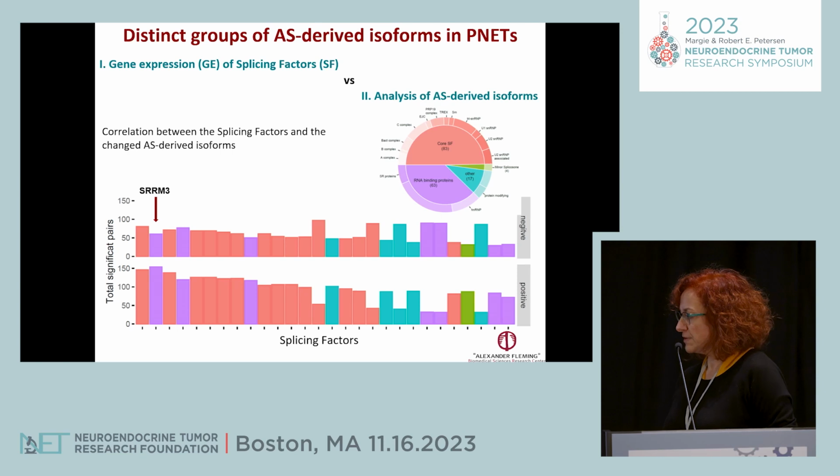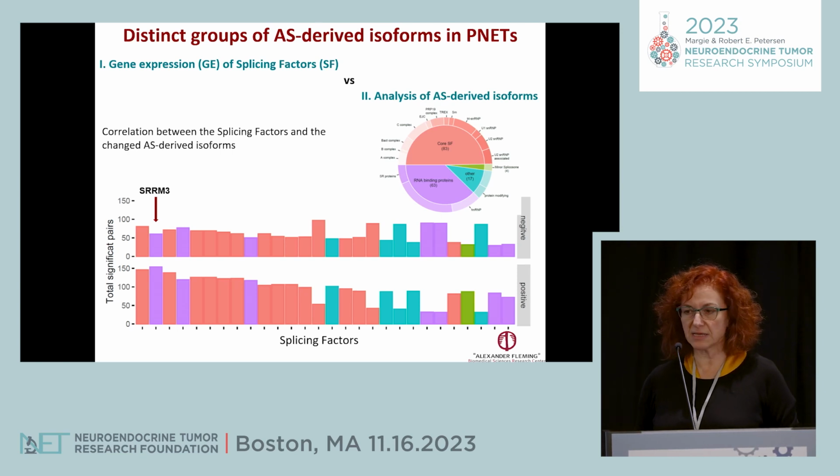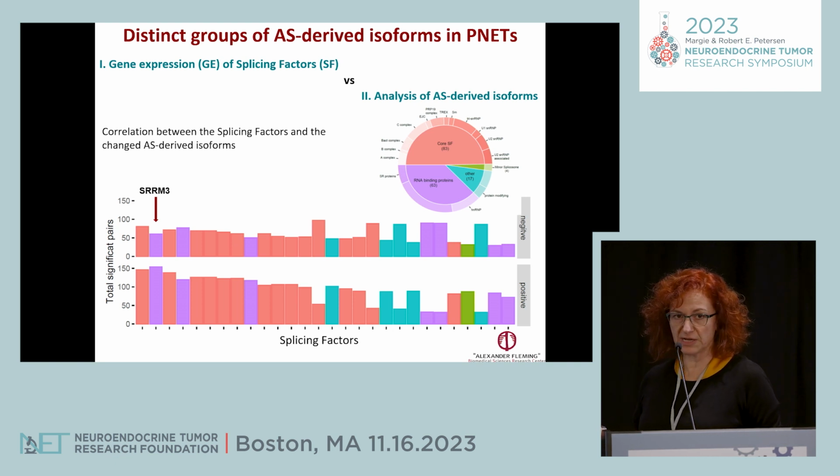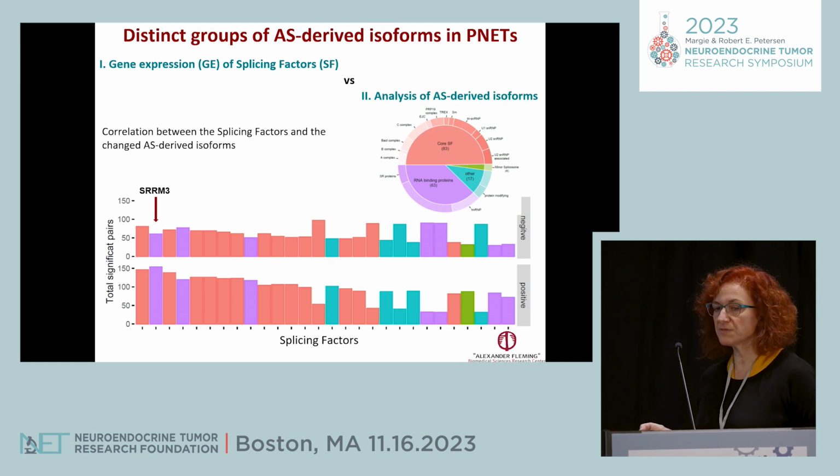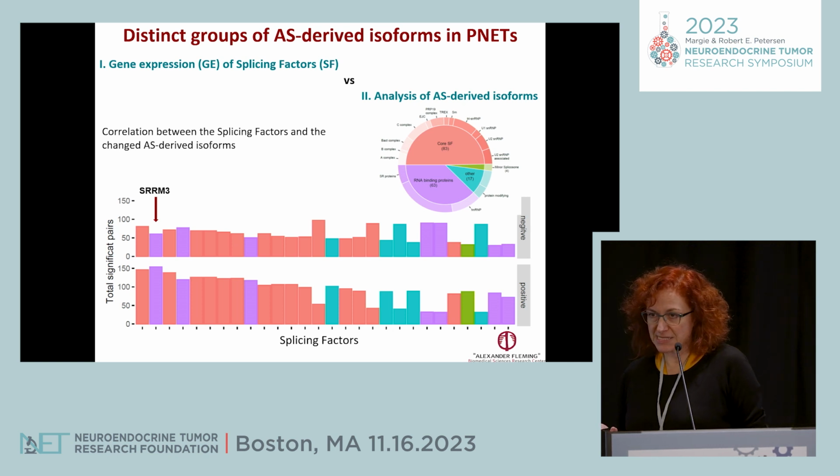alternative splicing isoforms that are being generated due to differential inclusion or skipping of exons, which is the largest number of events that we detect. And to go further, we tried to see, okay, we have all these alternative splicing events identified. Can we correlate the events with some of the splicing factors specifically? Can we predict which splicing factor actually regulates these events?